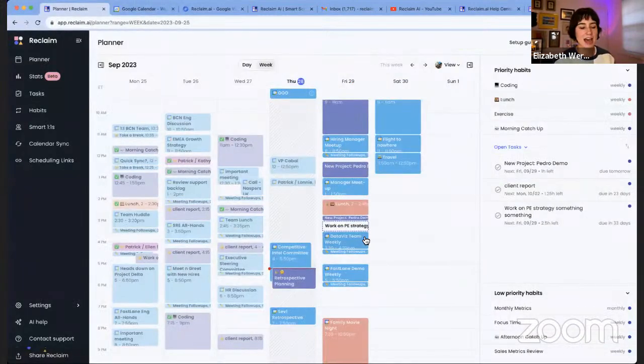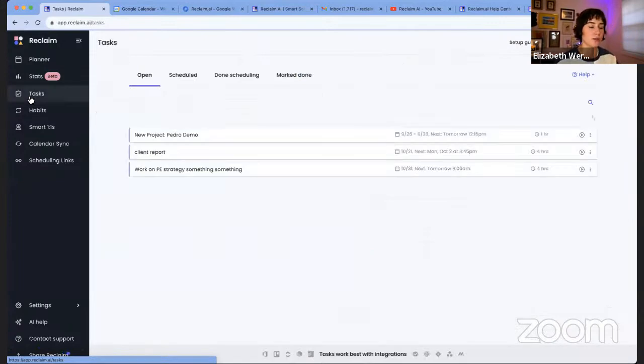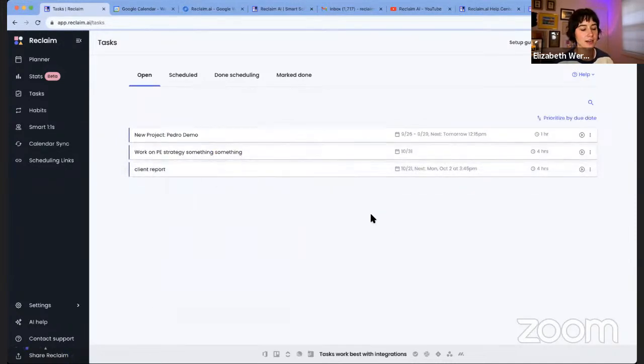So that's a rundown of habits. Now, tasks, on the other hand: where habits are great for those recurring routines that you want to make time for, tasks are great for your ever-changing priorities, your to-do list, your projects, and work like that. So your tasks live in the task tab, a similar view to your habits. You can stack rank your tasks to tell Reclaim which ones are your higher priority tasks. You can prioritize them by due date in a single click, and your tasks are categorized into these 4 categories: